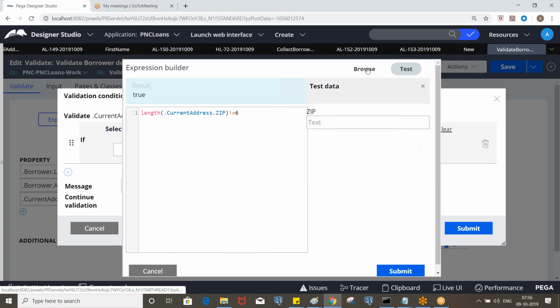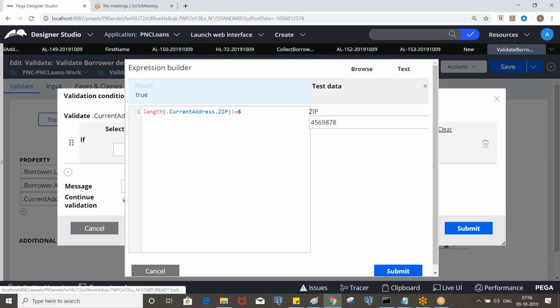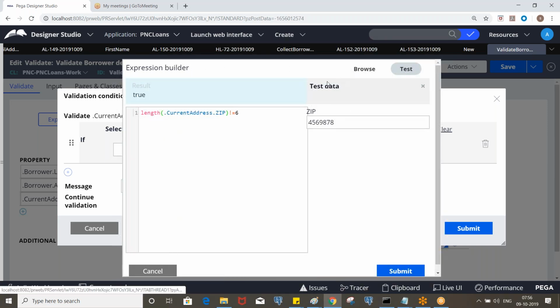Can we test this? Let me enter zip 1 2 3 4 5 6 7. No, how you need to put this is not equivalent. This should be false, right?